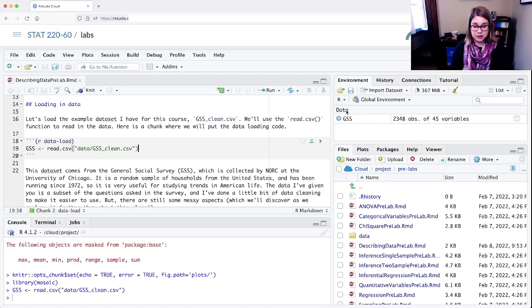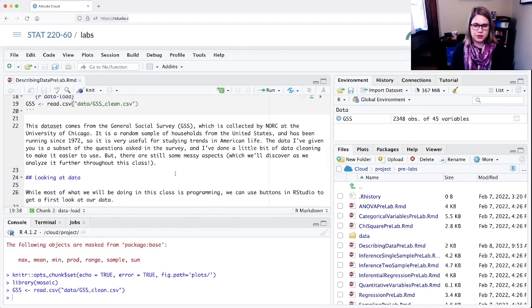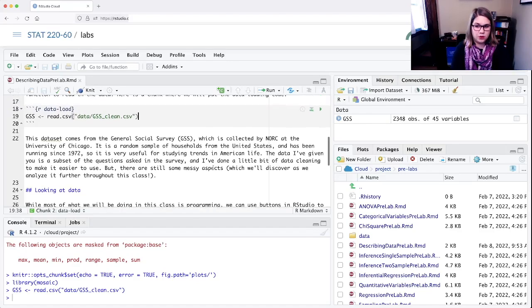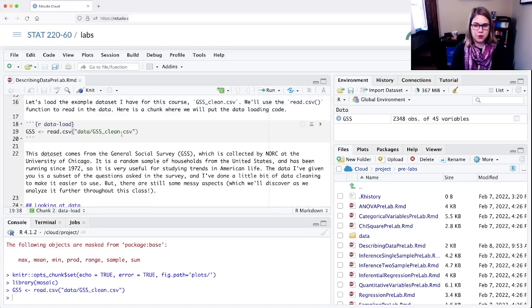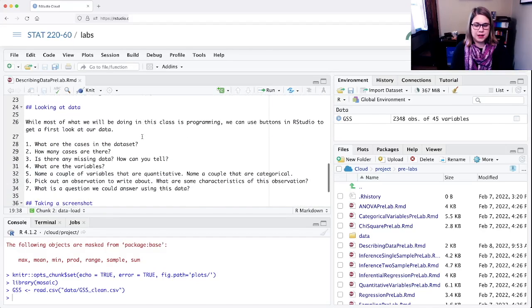It's in the data section of my environment, and it gives me some information right off the bat. So it says this GSS data is 2,348 observations of 45 variables. So with the first lab, this would actually help you answer a couple of questions. So let's think about the sorts of things that we can answer by looking at the data in RStudio. And again, we're not really going to do any more programming this week. That was our line of code that we're going to write, and now we're just going to think about the